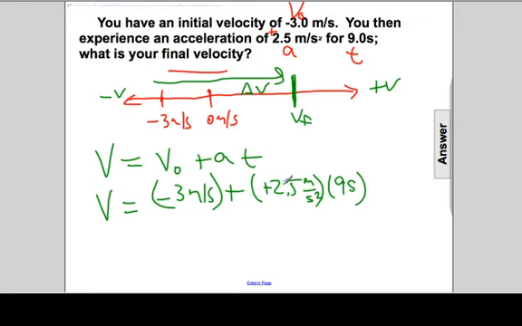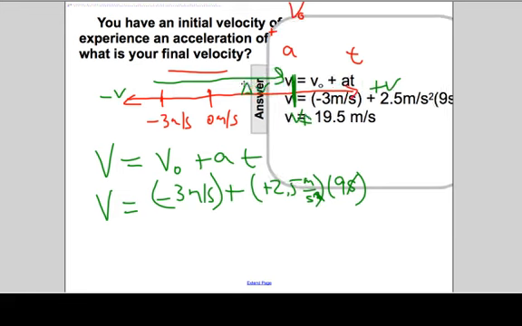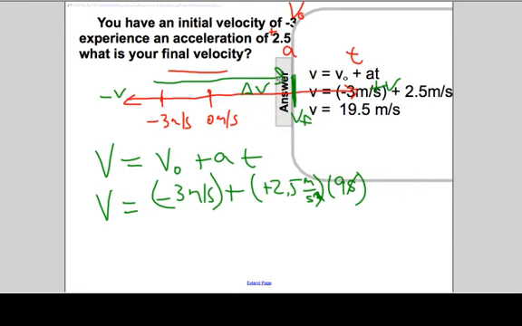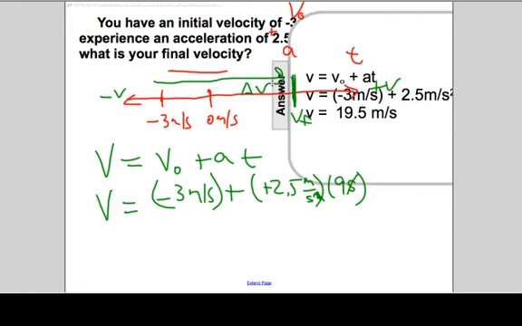So positive 2.5 meters per second squared times 9 is going to give us the velocity change. Cancel the seconds with one of the seconds from there, and it leaves us with meters per second. So we end up with negative 3 plus some large positive value for the velocity change. Let's reveal what that velocity change is going to be. Huge. We go from negative 3 to 19.5,